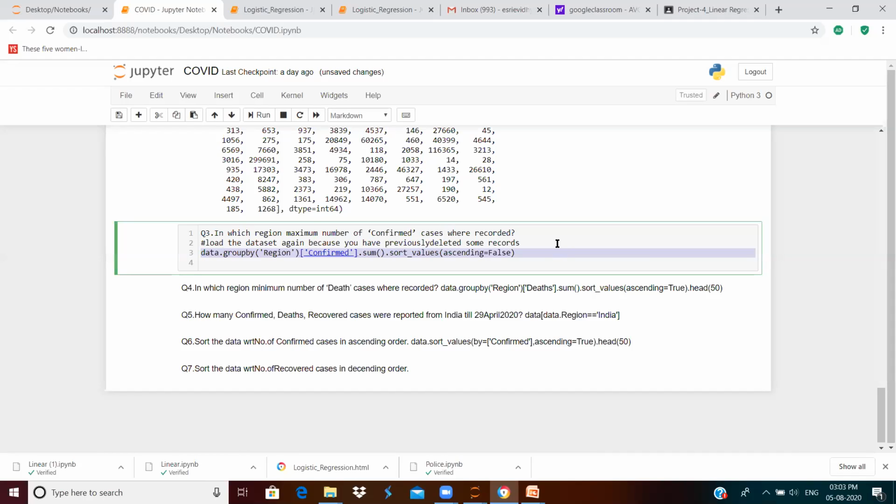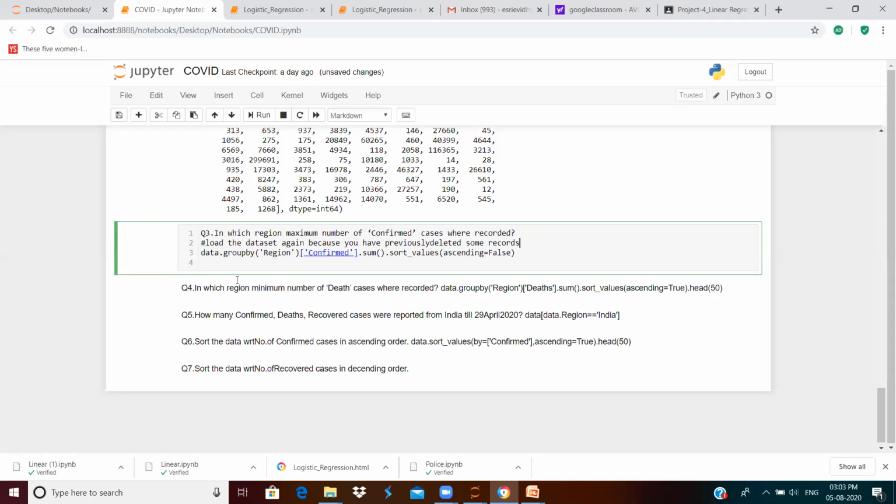So whenever we have deleted some records where the confirmed cases were less than 10, if you want to work as such with the data frame, then you can continue working. But otherwise, in case you have deleted some records, you can just reload your data set and start working. But in this case, I think that the countries which have confirmed cases less than 10 are not that significant for us to work with. So I'm just continuing with the same data frame, irrespective of the deletion operation which I have carried out, right?